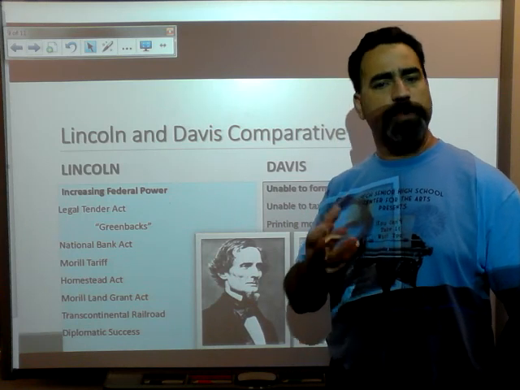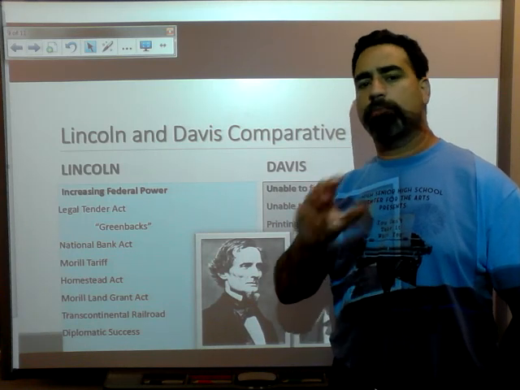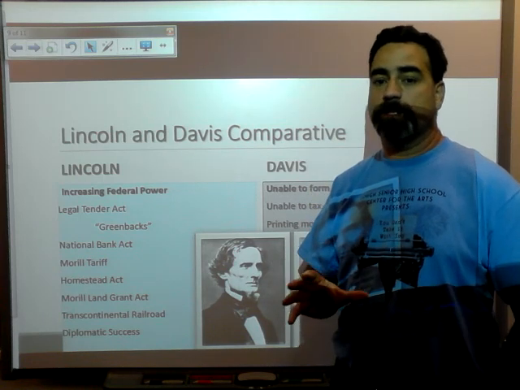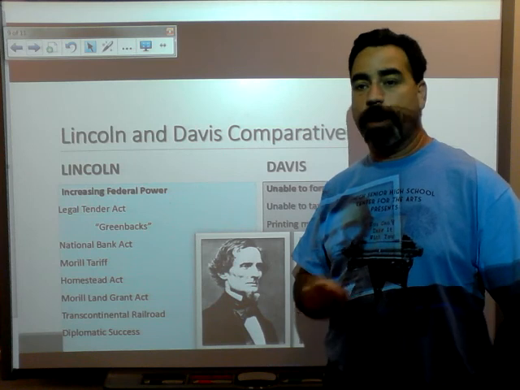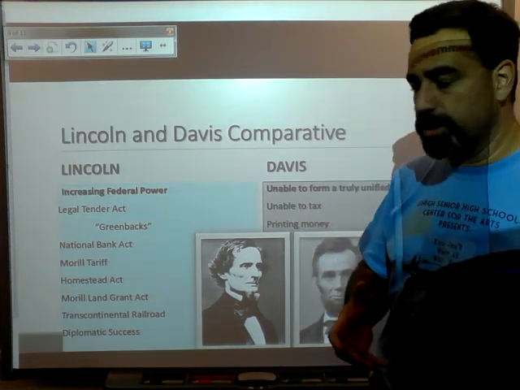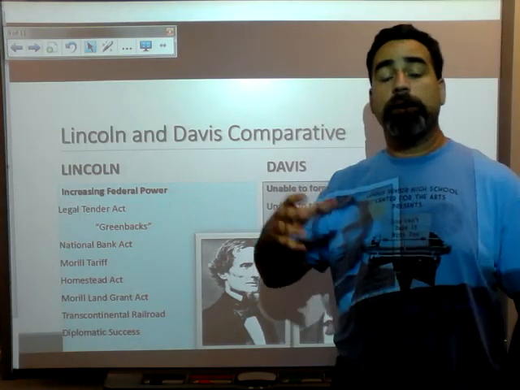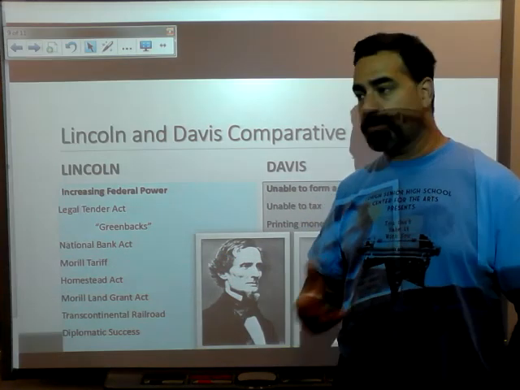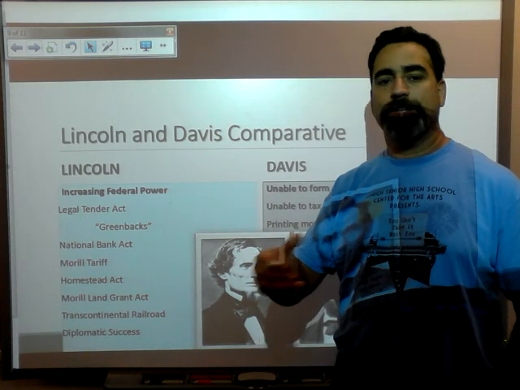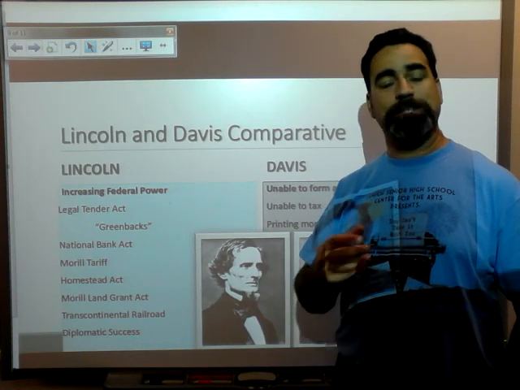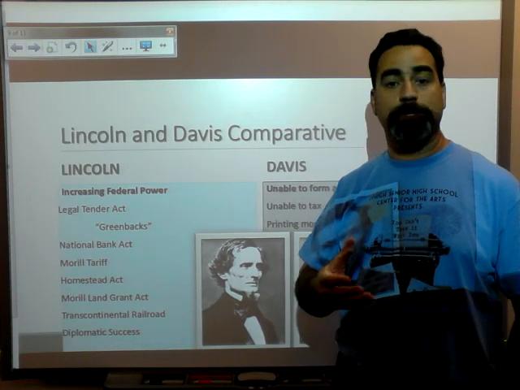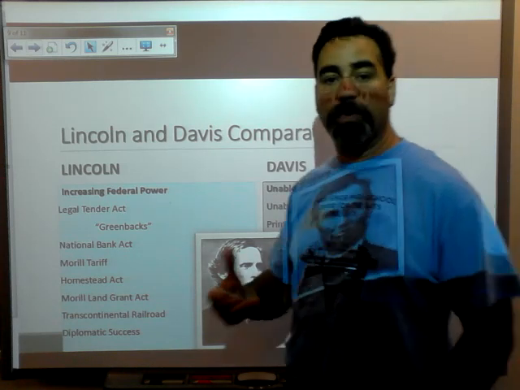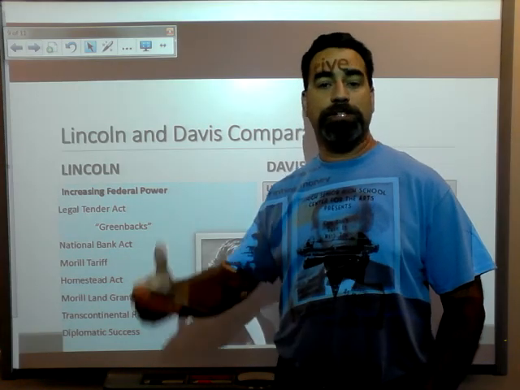And most importantly, Abraham Lincoln, with his Secretary of State, William Seward, a former Whig leader, are going to have quite a bit of diplomatic success in keeping Britain and France from joining and participating in this war. A lot of that had to do with the nature of the war itself. Britain and France were very interested, or at least the people in power in Britain and France were interested in a Confederate victory. However, it was very difficult for them to sell this to their own people because it seemed that they were going to be fighting a war to defend slavery, and the people of Britain and France were not willing to go to war to defend slavery.